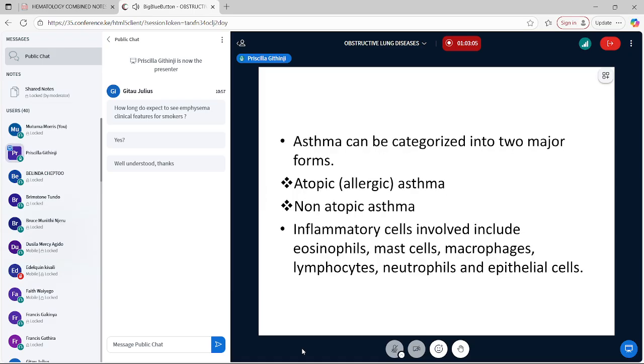Asthma is usually categorized into two major forms. So we have atopic or allergic asthma, and then we have non-atopic asthma. And in all types of asthmas, you'll have inflammatory cells involved, and you'll mainly see your eosinophils, your mast cells, and this will mainly be seen in your atopic asthma, but you'll also see macrophages, lymphocytes, neutrophils, and epithelial cells. I think in the semester on general pathology, we went through hypersensitivity reactions and we discussed type 1 hypersensitivity